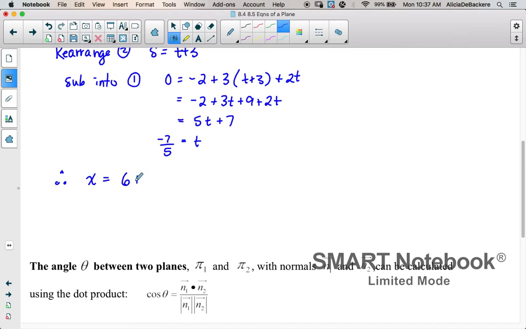So we've got 6 plus 2 times the t value. And so here I get minus 14/5. And so 6 in terms of fifths would be 30/5. And 30 minus 14 gives me 16/5. So therefore,